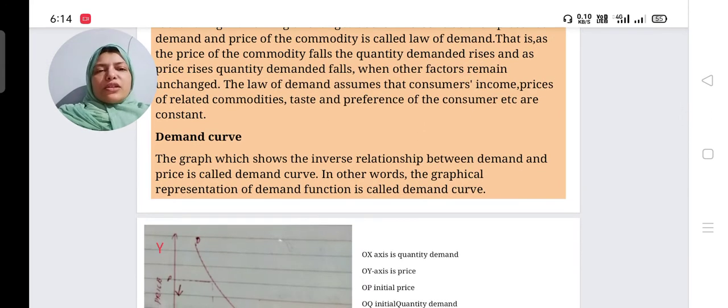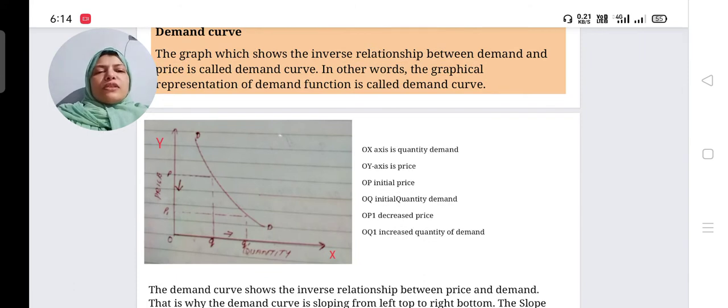Then the demand curve, the graph which shows the inverse relationship between demand and price. The graph which shows there is an inverse relationship between demand and price is called demand curve. The graphical representation of demand is called demand curve. Then we can see, if you look into the picture,